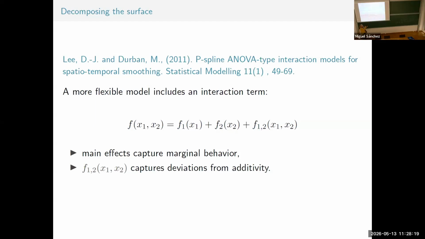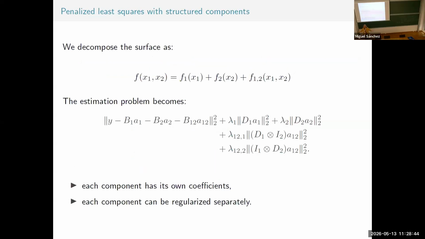Imagine that here I have 25 knots per dimension, 625. And now I say, I'm going to use a function with 25, 25, and then 7 by 7. What is left to explain, I reduce the dimension. So I save a lot of points. What do I have? I have a B-spline representation of my function, the univariate, the univariate, and the bivariate. And then I have a penalty for the univariate, the other penalty, and the penalty for the bivariate.